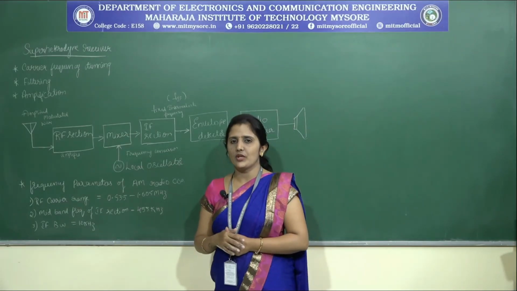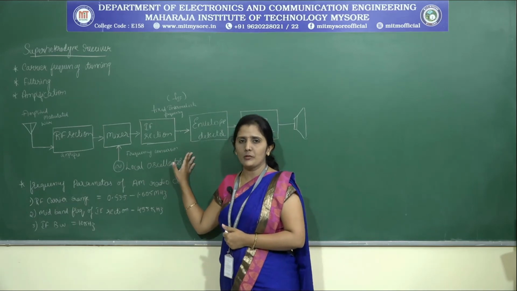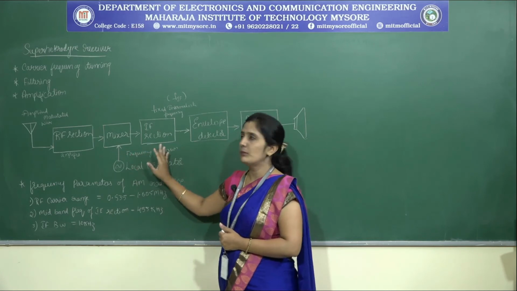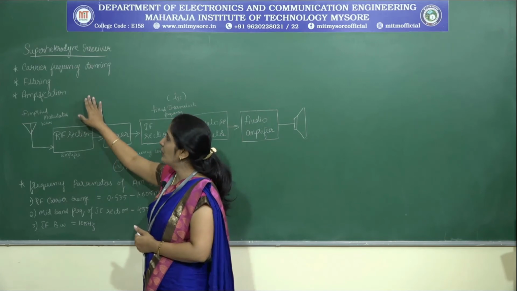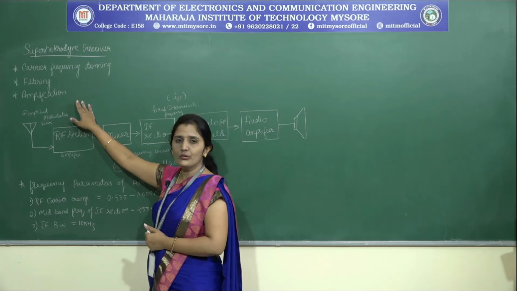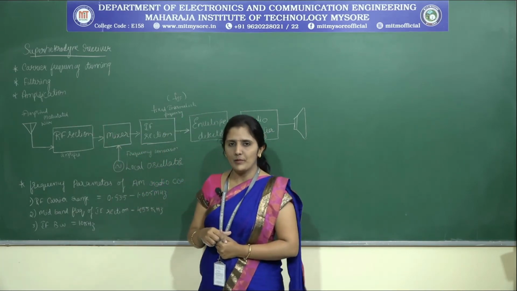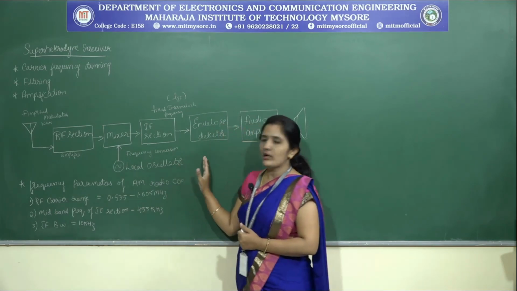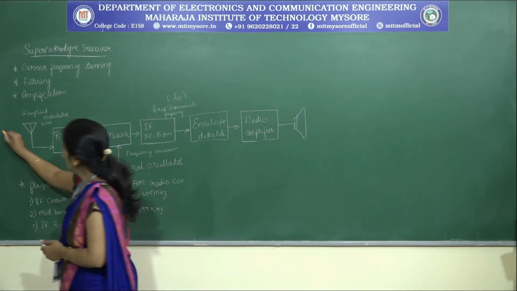Heterodyne receiver is a special type of receiver, where we are going to see the block diagram of the super heterodyne receiver and the function of those particular blocks. The main function of the super heterodyne receiver is to perform carrier frequency tuning, filtering, and amplification of the signal. So this is the block diagram of the receiver, whereas this is the antenna.